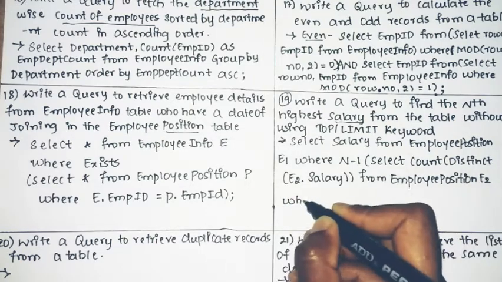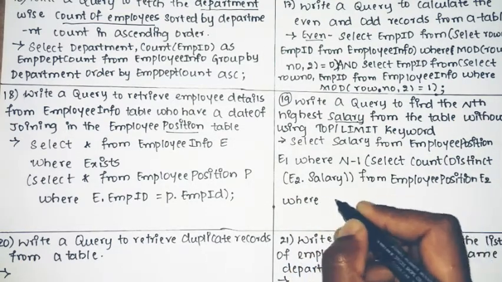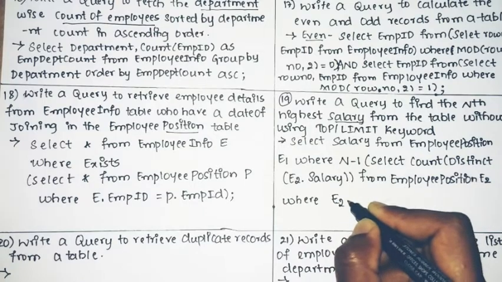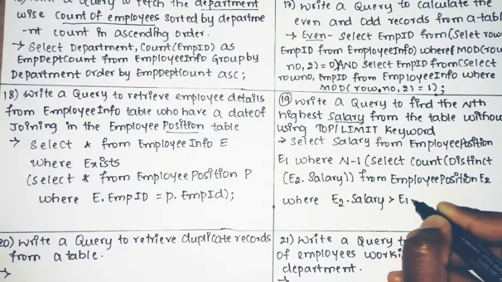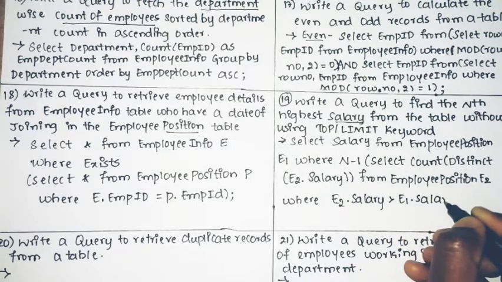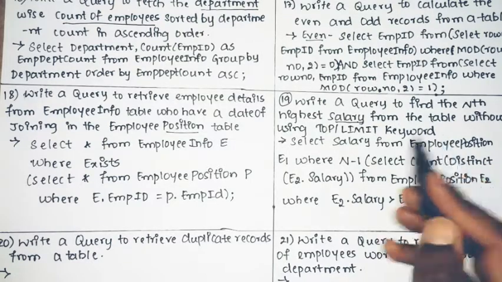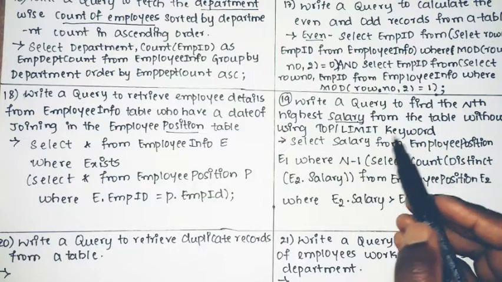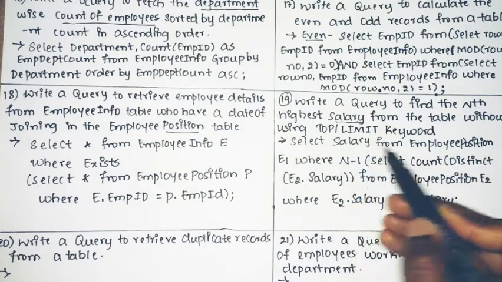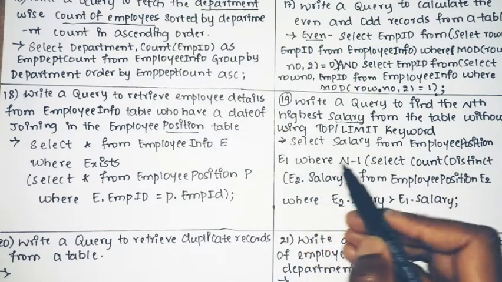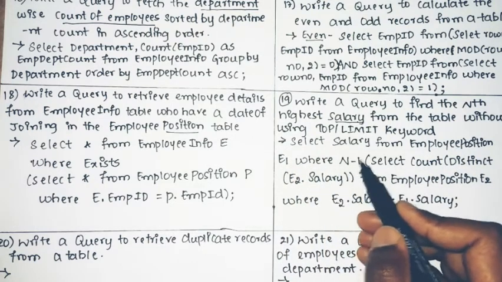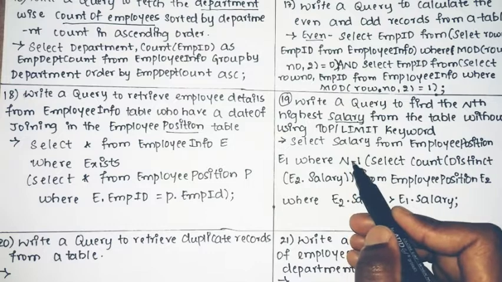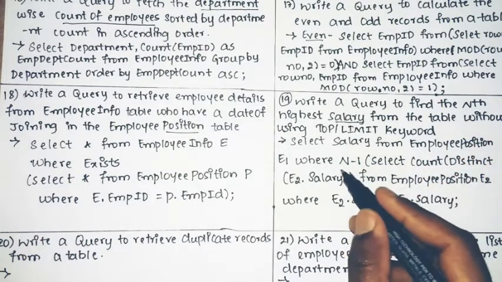So where E2 dot salary is greater than E1 dot salary. If that is the case, then it displays the nth highest salary from the employee. So you are going to select the salary from the employee position E1. E1 is one extension of this, where n minus 1, that is, n is the nth term, n minus 1